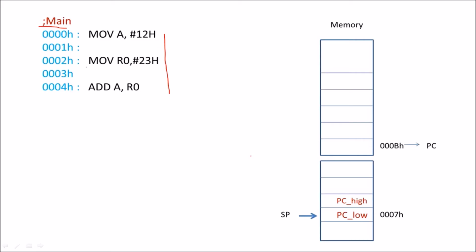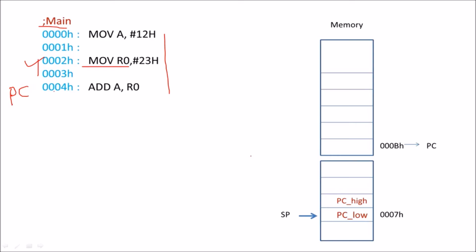For example, suppose it is executing this instruction which is written at address 0002H, and since it is a 2-byte instruction, it requires these 2 memory locations,